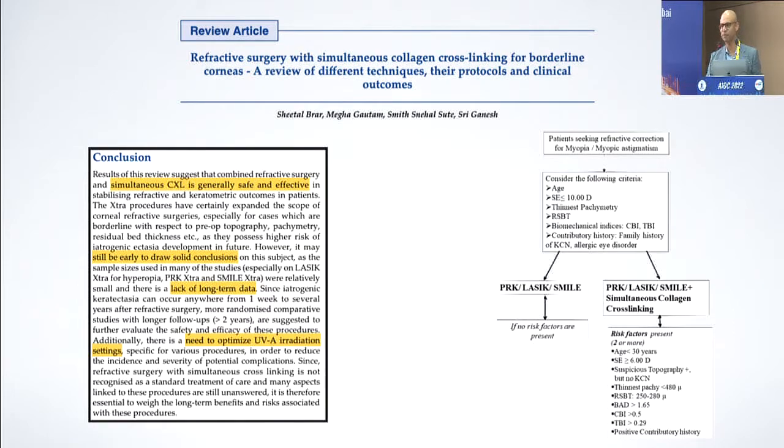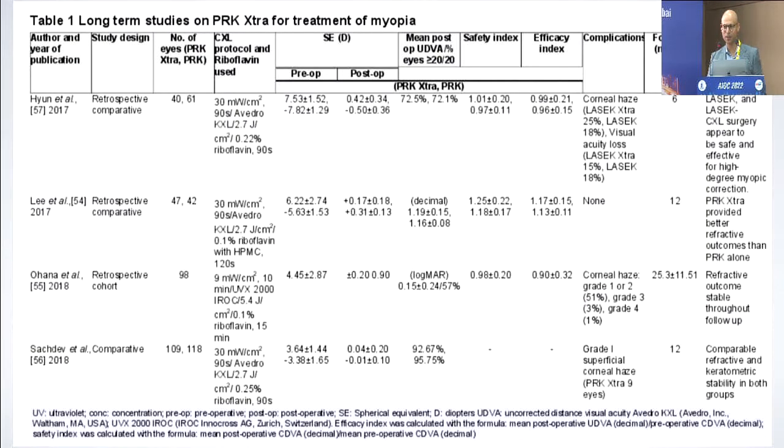Also, there's a lot of confusion about which settings to use, what riboflavin to use. So everybody's done their own thing, and that is why it's very difficult to draw any good conclusions from the data. So this was one of the long-term studies from the summary of the different long-term studies for PRK Xtra,